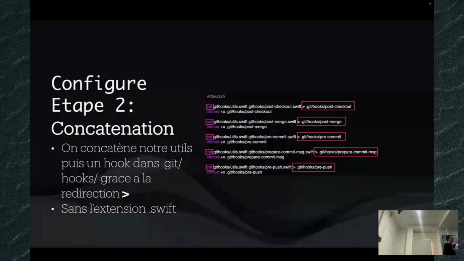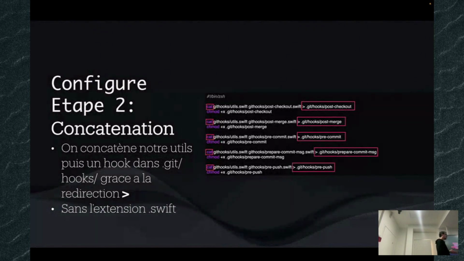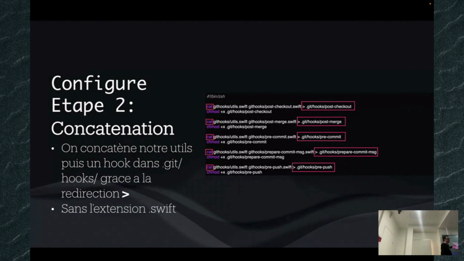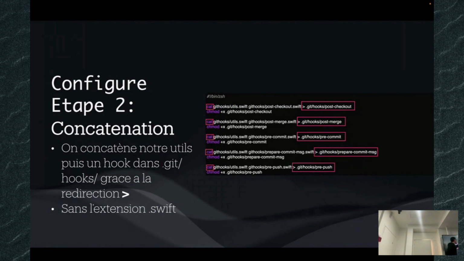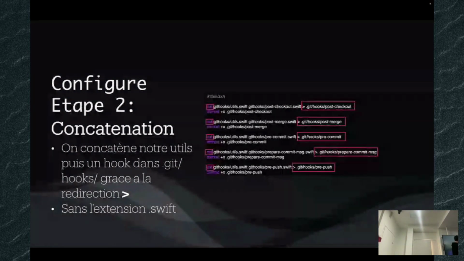So what I am doing here, I take the content of utils.swift and postcheckout.swift, and I concatenate both inside the post checkout at the right location. And this is the hack where you can have common source code here, and you put it at the end into one single file. Okay? And so I did it.